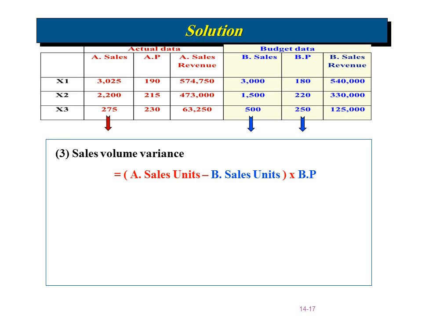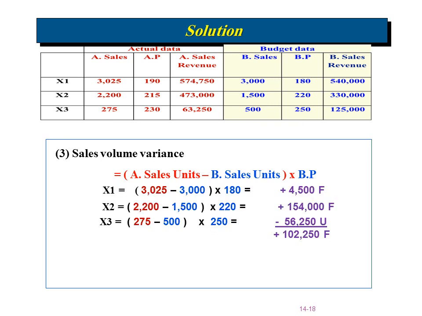Okay? For example, for X1, I need what? I need actual, 3,025 minus 3,000 times 180. Again, times 180. Okay? This is the sales volume variance for all products. The total here is